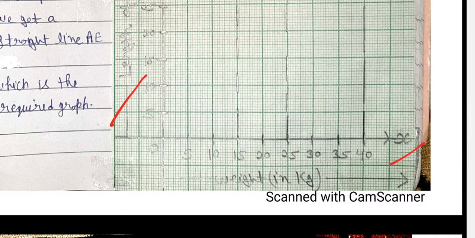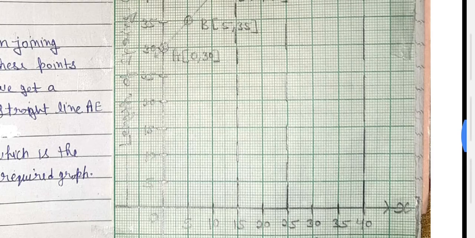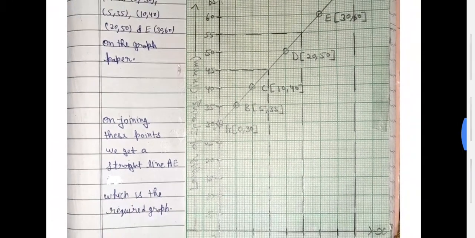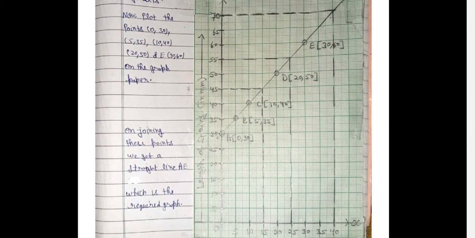It will be the x-axis. So we are taking 5. 0 is here. It will be 5, 10, 15, 20, 25, 30, 35, 40. I am taking multiples of only 5. Here also take 5. It is 5 and it is 10. It is 15. It is 20. It is 25. Actually, it is a lead pencil, so when we scan, this one is not clear. It is 30. It is 35, like that one. You make that up to 70 on the y-axis and 40 on the x-axis. The x-axis represents weight and the y-axis represents length of the string.